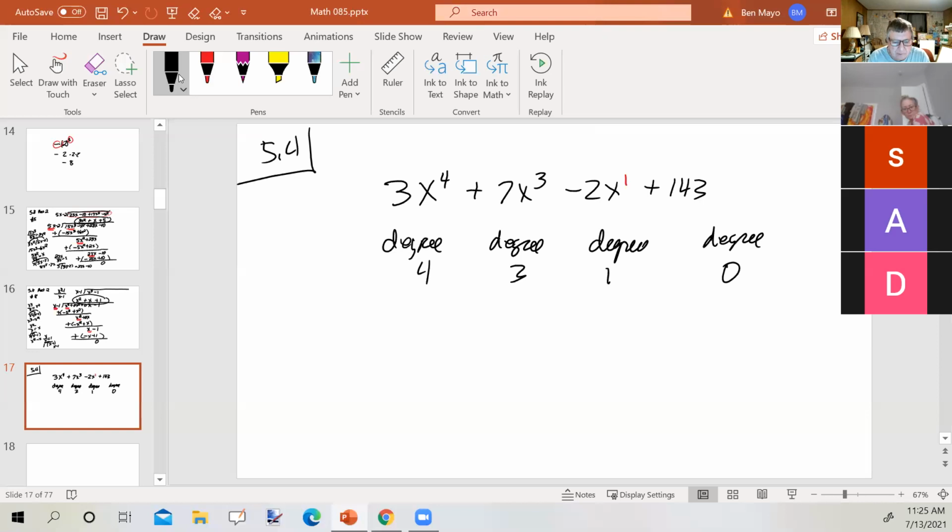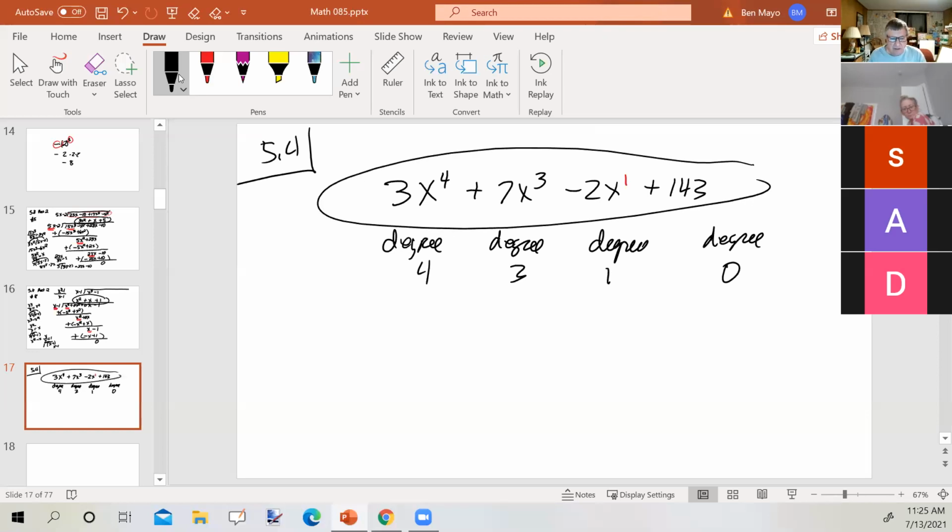Again, the degree of a term is the sum of all the exponents on all the variables within that term, okay? Now, but the degree of the entire polynomial is equal to the degree of the highest powered term, which would be this. So this is a 4th degree